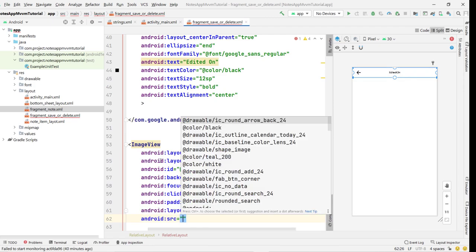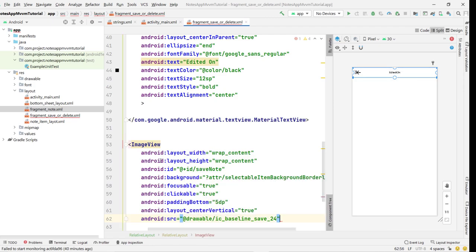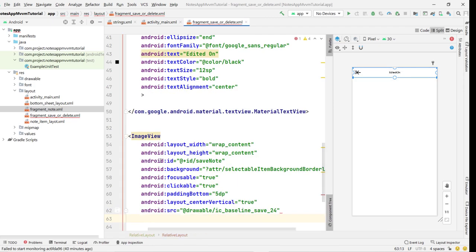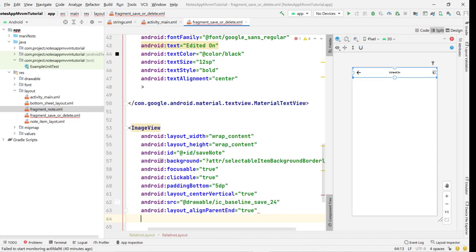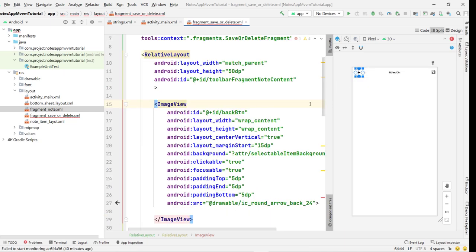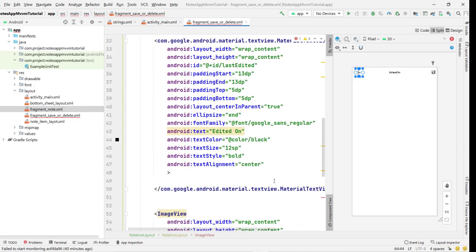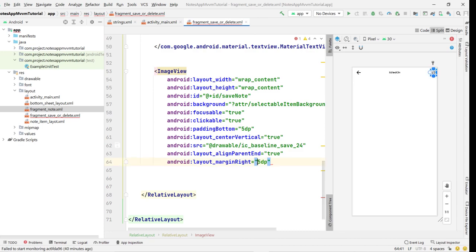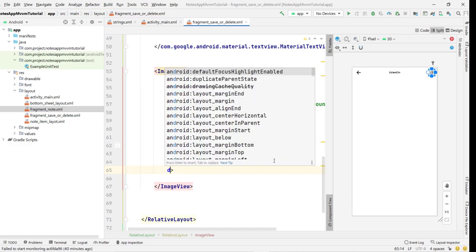Then after this we have to set the source, so I simply going to use the baseline source save. And at last we have align parent right and pass it to true. And we can give the margin right, a little bit, margin right 5 dp, it is fine. Here I give the margin start 15, so we can also give the 15 margin here, and close this. And we can set the tint, drawable tint,